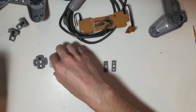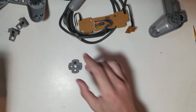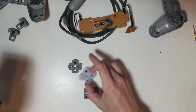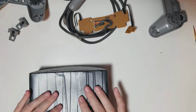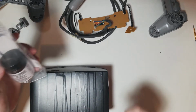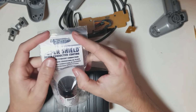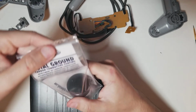And to make sure we have no foreign object damage, such as dust or hair particle, I'm actually going to set that little one out here to its own, and I have a box to cover that so nothing falls into our beautiful painting there. Now, as you can probably see here, this is called Super Shield, whereas the carbon was Total Ground,